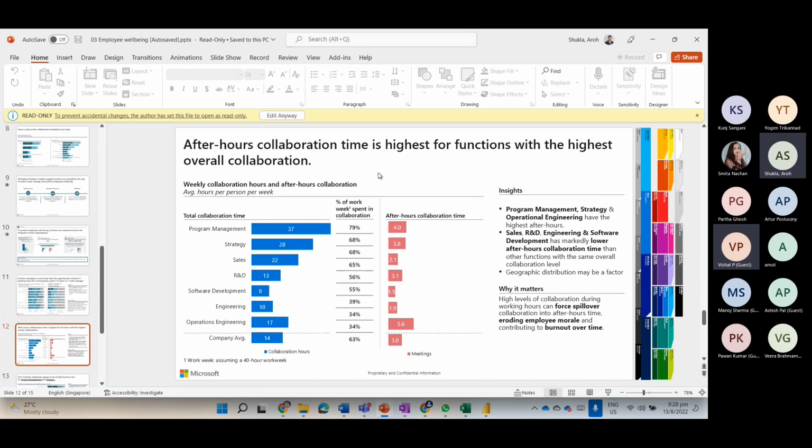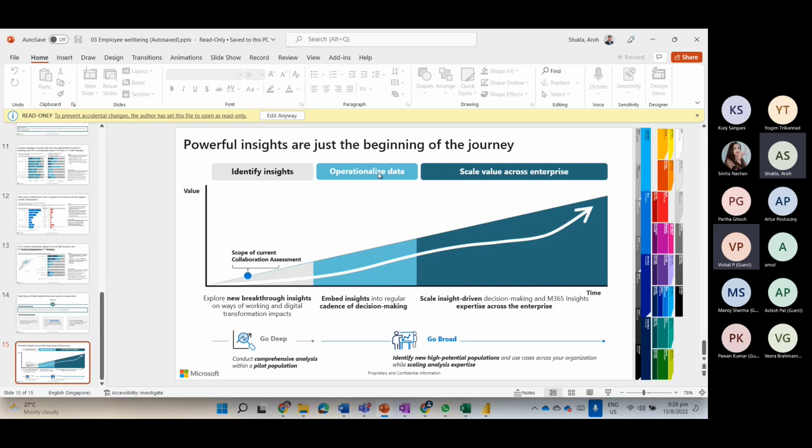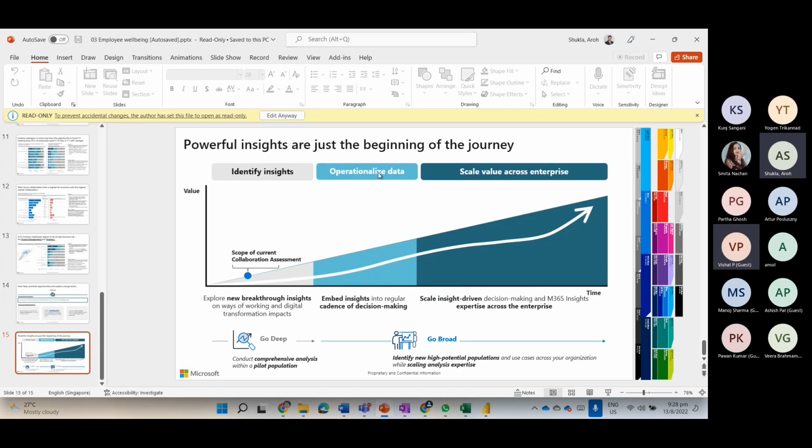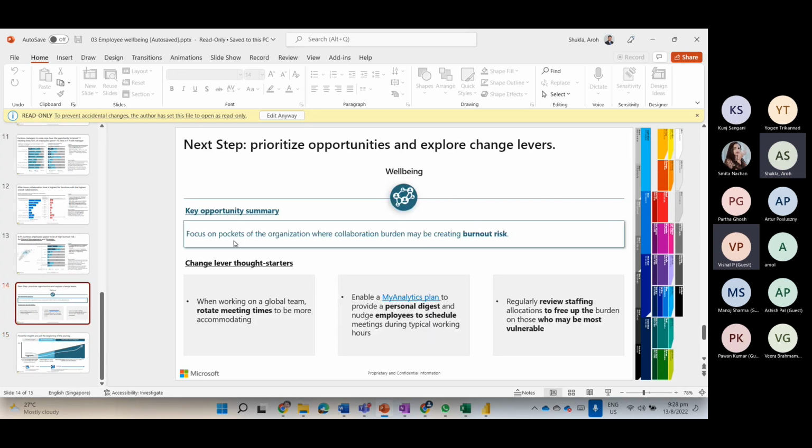OK, so this is something you can do, and everything I put in my own wordings. This is a part of a Microsoft thing. They give some samples for you, so it's much easier to understand why I want more collaboration or less collaboration. So I can use the